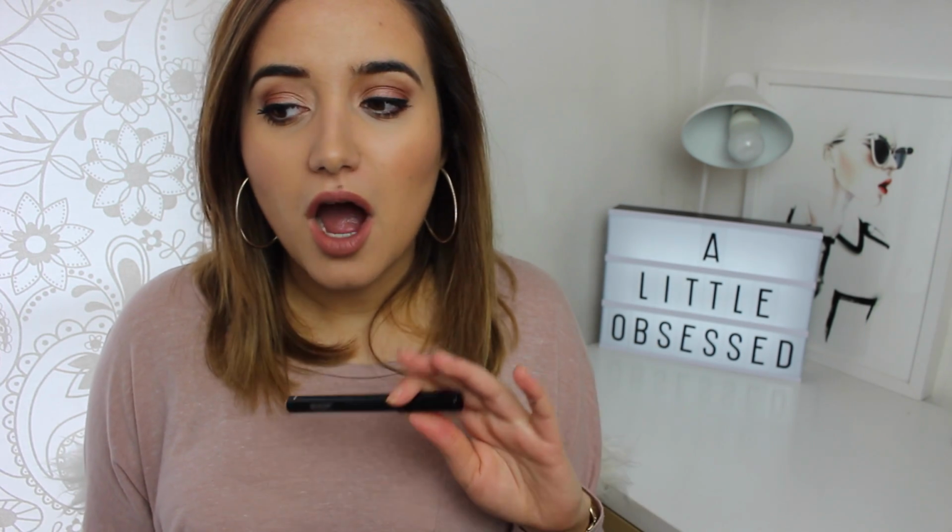I think the other two are nice but not necessarily what I want. I'm quite happy to use a powder bronzer and quite happy to use a powder highlight, but I love this cream contour, but I don't think they sell them separately, so I might have to look for an alternative to this. But really great contour, and I do think that the highlighter is good and the bronzer is probably good, so if you are interested in the whole trio I do think you'll like it, but particularly the contour is